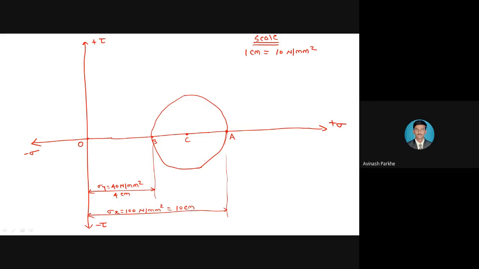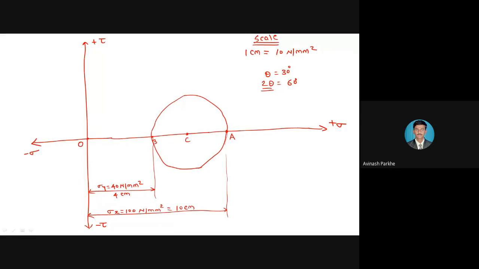So draw that circle. Once you have drawn that particular circle, from this particular point C, you have to represent the 2 theta angle. So theta is equal to 30 degree. So 2 theta is equal to 60 degree. 2 theta angle will be considered as 2 into theta, means 2 into 30. You will get 60 degree, and this 2 theta angle I have to represent from point C in anti-clockwise direction.